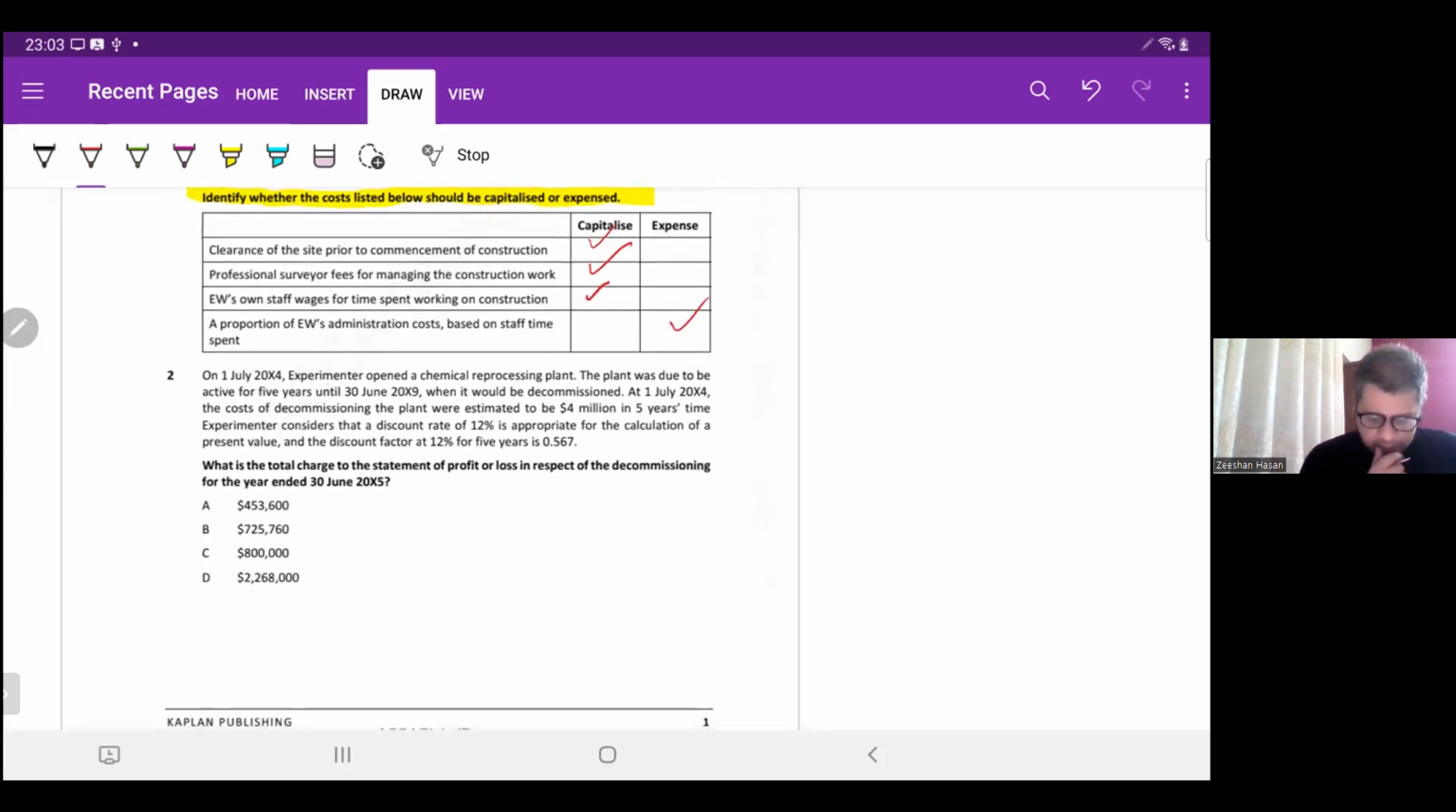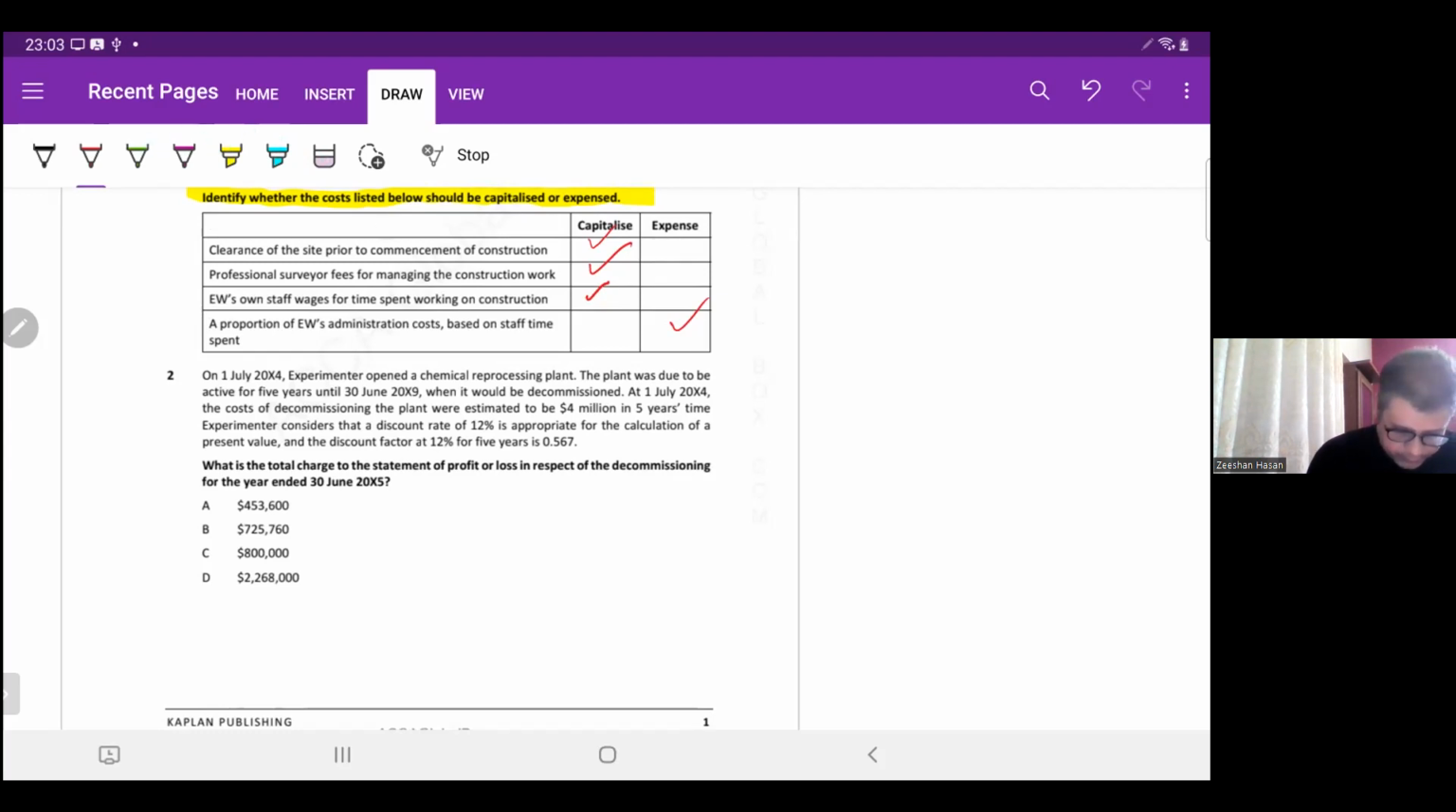Now, on 1st July 2004, Experimenter opened a chemical reprocessing plant. The plant was due to be active for 5 years until 30th June 2009, when it would be decommissioned. The cost of decommissioning the plant was estimated to be 4 million in 5 years' time. Experimenter considers that a discount rate of 12% is appropriate for the calculation of a present value, and the discount factor at 12% for 5 years is 0.567. So the cost of decommissioning is assumed to be an obligation for an entity. What is the total charge to the statement of profit or loss